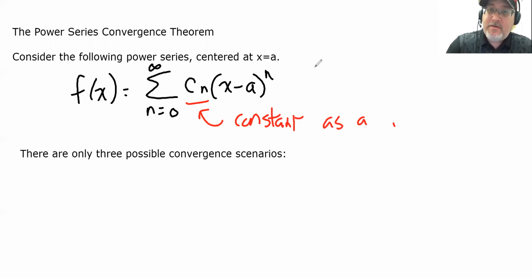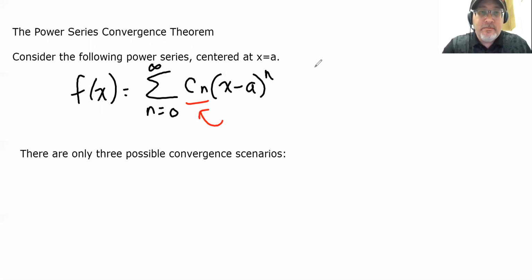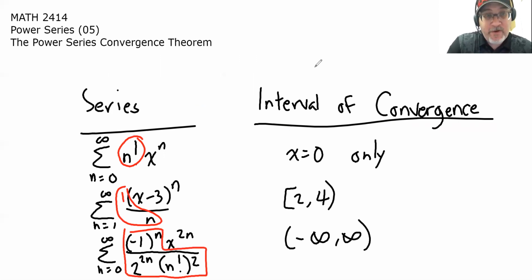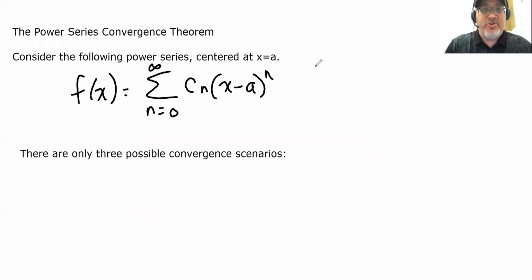Just remember that the Cn represents some constant as a function of n. Maybe I should say coefficient, but you put in the position number, put in n equals 0, n equals 1, n equals 2, and you calculate the coefficient of x minus a to the n. Oh, by the way, in the previous examples, 1 over n was our coefficient function, and down here all this was our coefficient function. It's whatever's not the x to the power. But I digress. When you have a power series, the power series convergence theorem says that there are only 3